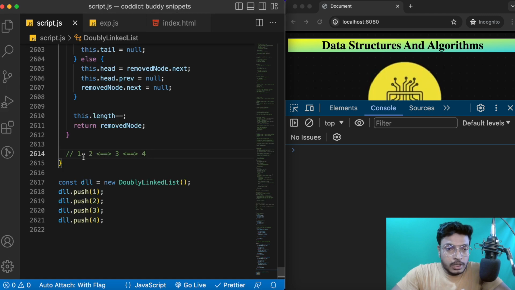Let's say we have a doubly linked list which has one head, which is 2, you can say a middle node, and then one tail. If you want to add a new node in the beginning of the linked list, what you have to do is simply connect this new node with our current head. And how you will connect it, you will simply take this node and you will store this particular node dot